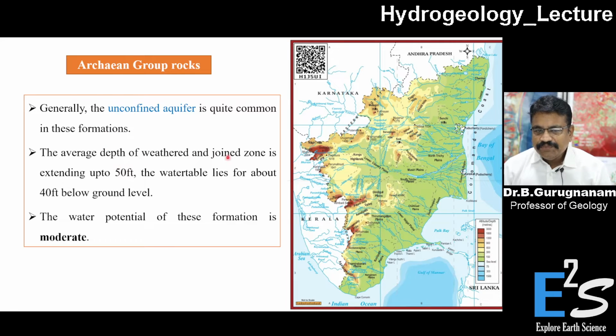The average depth of the water, actually this is the data provided by the scientists, is up to 50 feet. The water table lies about 40 feet below the ground level, but the water level has declined to even 500, 600 feet below the ground. On average it is now increasing. Now it is around 600 to 800 feet water depth, but it varies depending upon the amount of